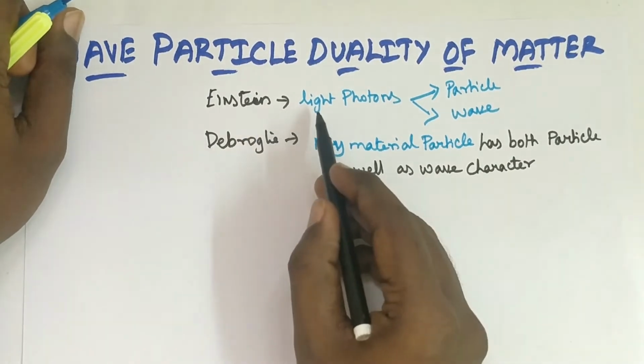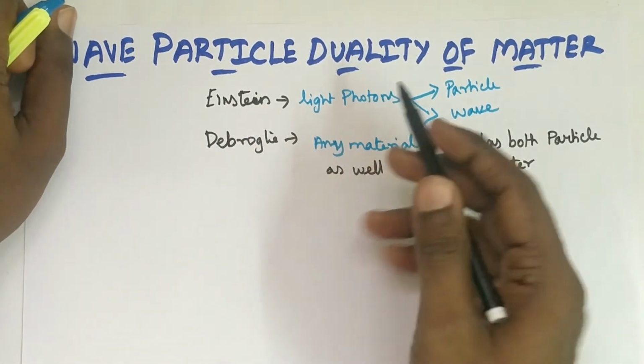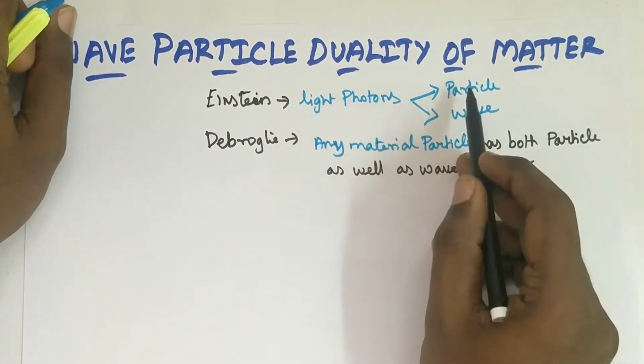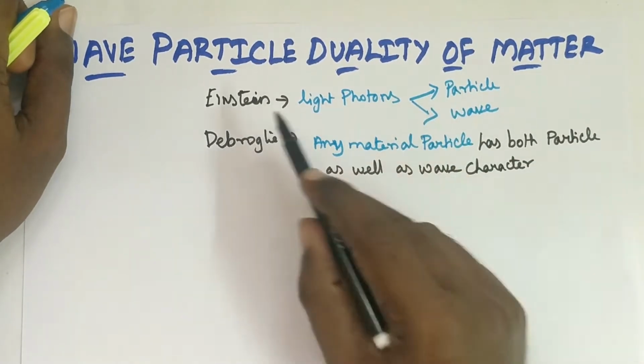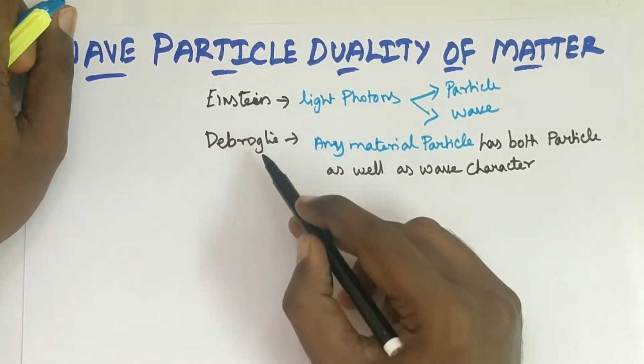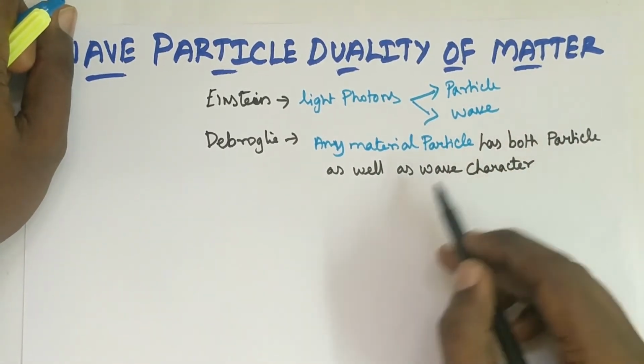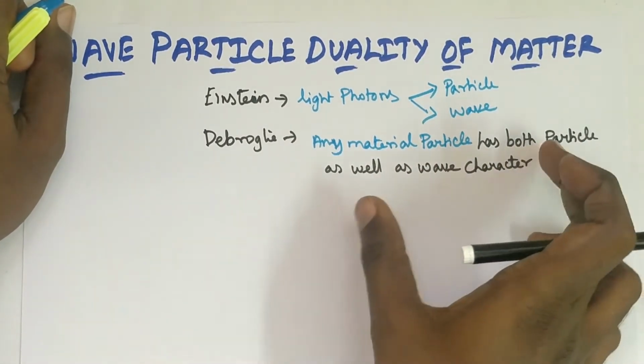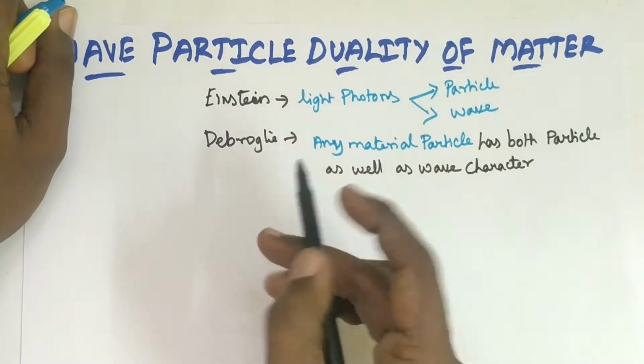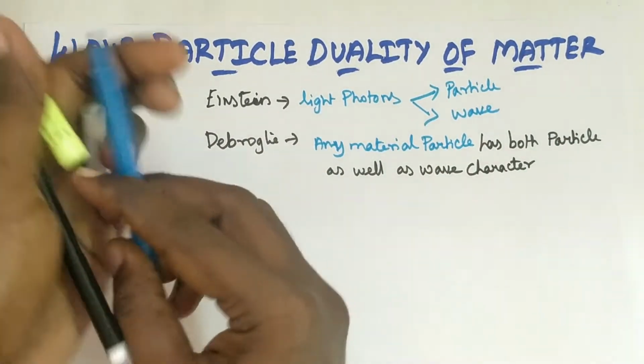So Einstein said light photons have both particle as well as wave character, and extending this concept, de Broglie said that any material you take has both particle as well as wave character. Based on this, he derived the wavelength of